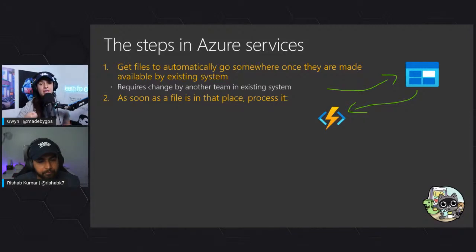Triggers are ways that your event-driven code, which is what functions are, can execute, can run. A blob trigger would mean that your function is expecting some sort of change in some blob container, which the change in this case would be, oh yeah, a new file is available. Let's do something with it. So we're going to use functions to obtain the file, right?